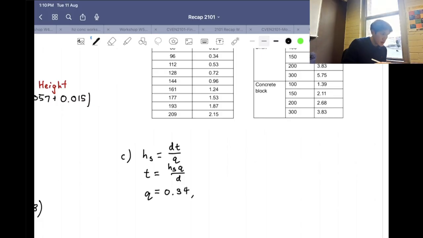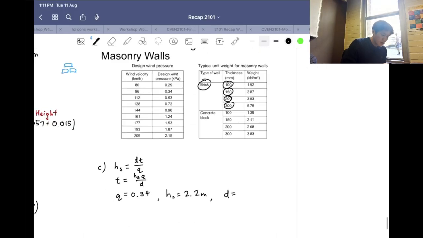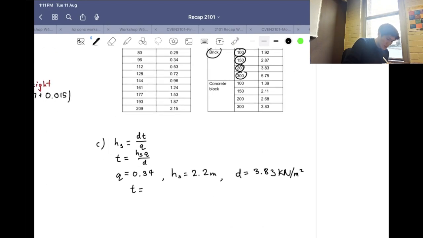And then the height, they told you in the question, is 2.2 meters for the wall. And then D, it's kind of ambiguous, but it's a brick wall. And then you kind of have to test each thickness to see if it matches up with the weight. So for the first one, I'm just going to guess 200. Let's say we think it's going to be 200. So you do 3.83 for the weight of the wall per meter squared, and then the thickness should be, just plugging these numbers in, 2.2 times 0.34 divided by